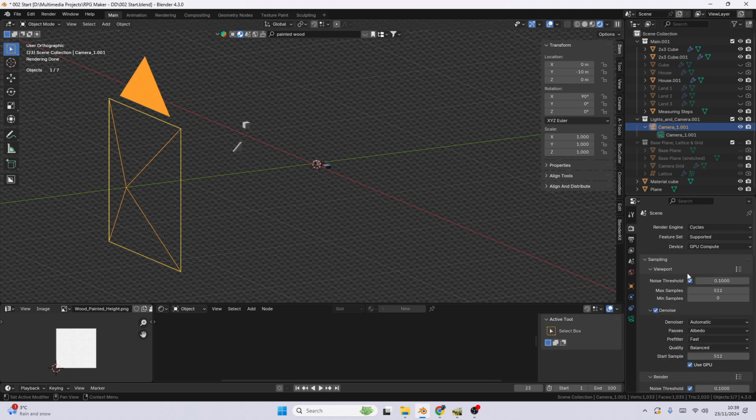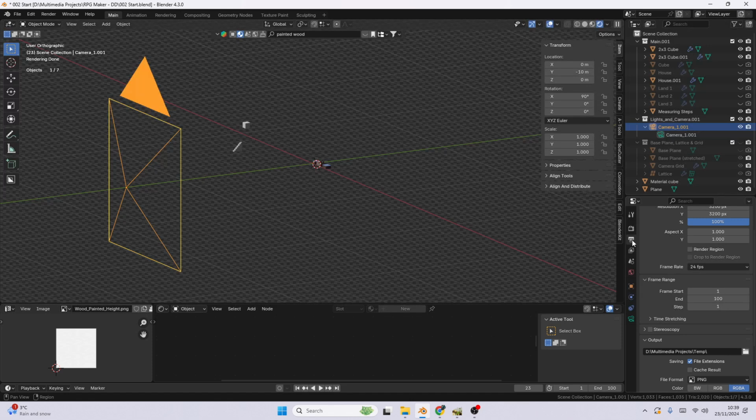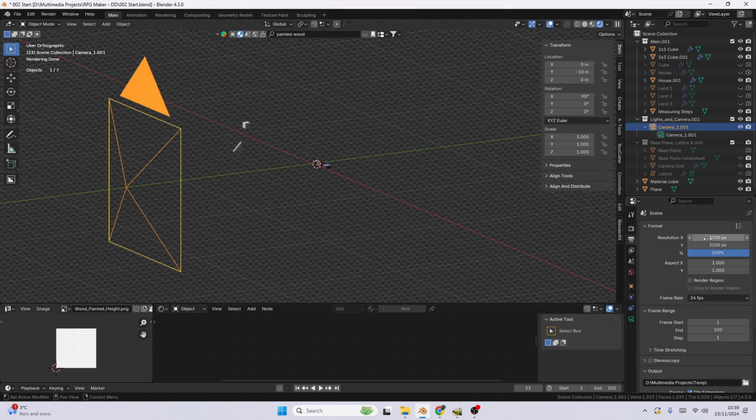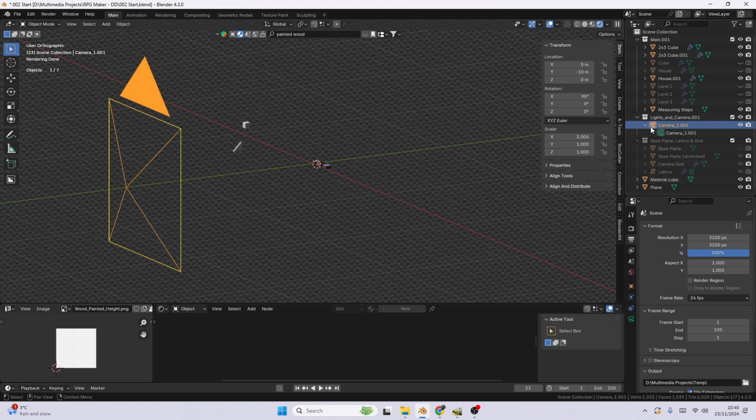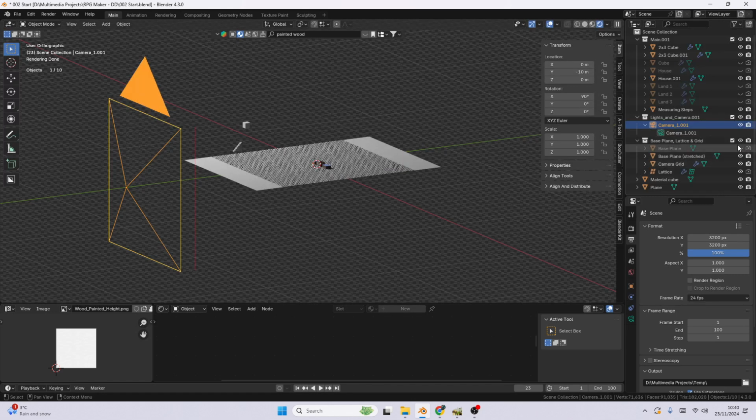If I go into some of the other settings here, the resolution is 3200 by 3200, and that's really important. That is basically because I'm using 32 by 32 size tiles, so that's basically just 100 tiles. In addition to that, I've created a plane, and I'm going to bring that plane up in a moment, which is under here. So I'll enable all of this stuff,